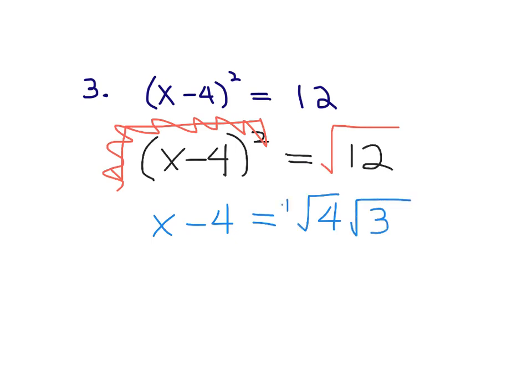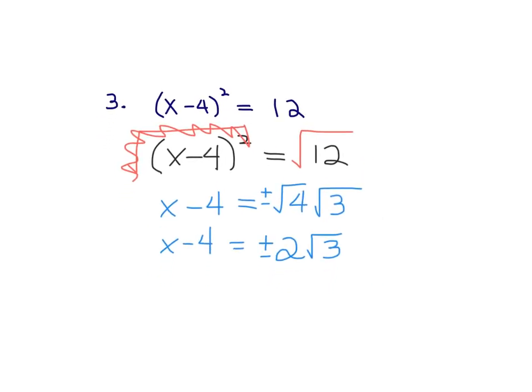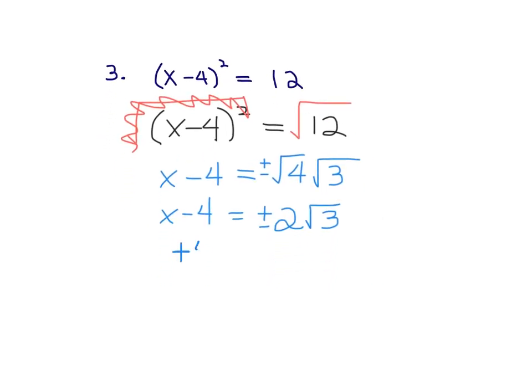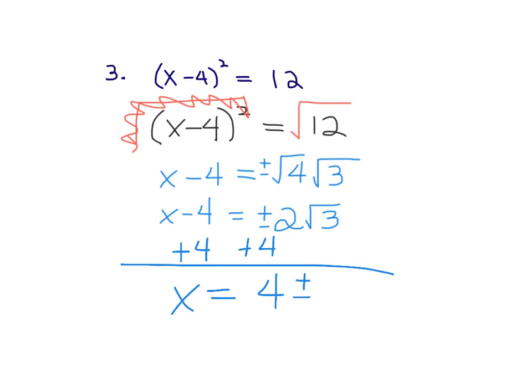And then I can square root the 4, and it becomes a 2. I can't do anything with the 3, so I'm going to leave it. And now I still need to isolate x, so I need to add 4 to both sides. So add 4 here and here. I can't add it to the 2, so it's just going to stay as 4 plus or minus 2 square